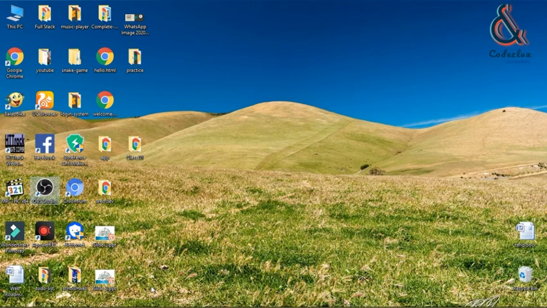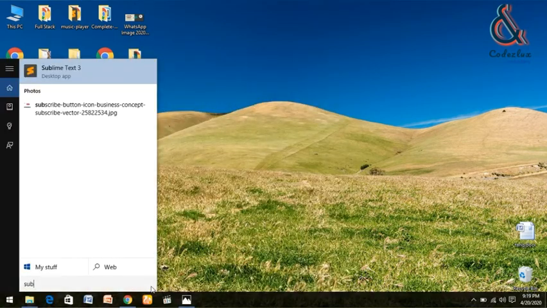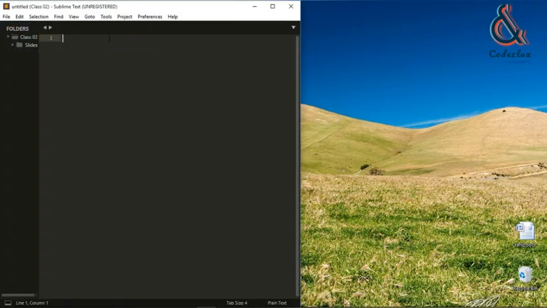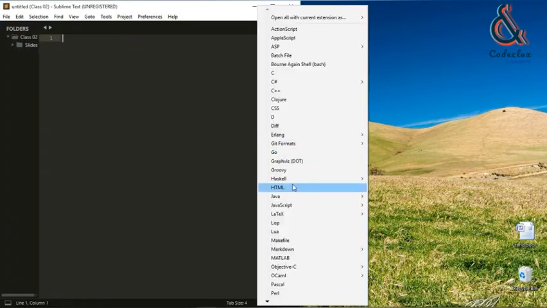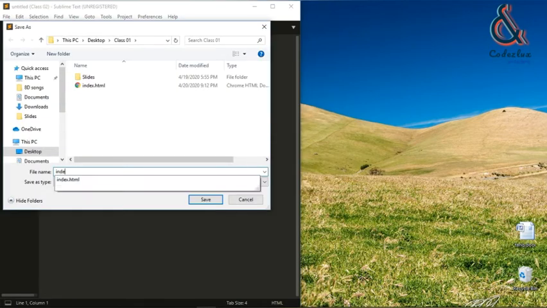So here we will first open a code editor. Then we will open our specified folder where we want to add our project. Then open a new file and save it as index with the HTML extension. We can